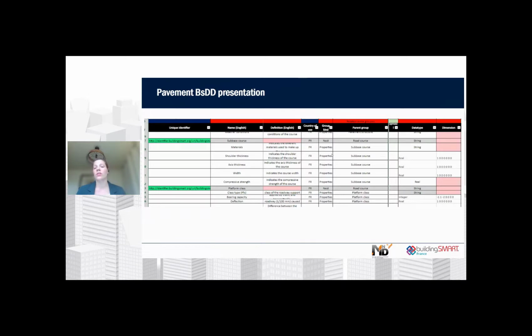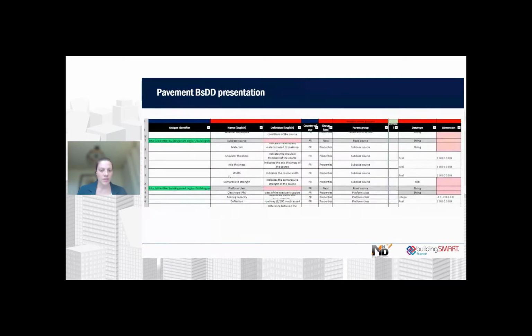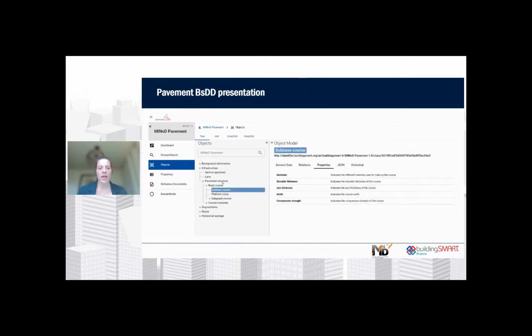And you had to specify which category of information you are in and who are the parents and the children, etc. So this ancestor of BSDD turned into what you have seen a few minutes ago. And you can see that I take exactly the same division here for a sub-base course in the pavement. Here you also get a sub-base course, and you can find again all the properties we worked on.